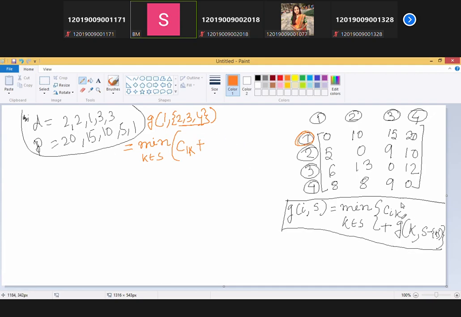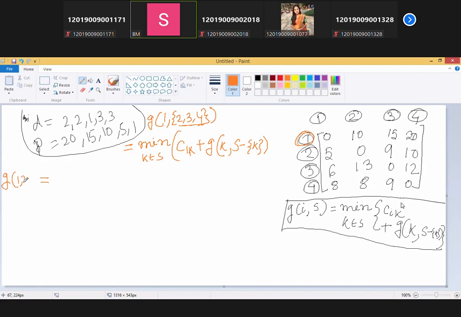This plus G of, again the recursive approach, G of K, S minus K. Meaning every time whichever K you are taking, you have to take the rest of the things. So how will you continue? If you elaborate it at least for one step,